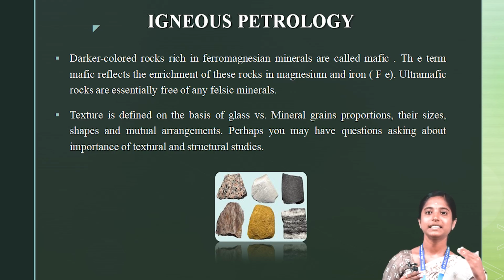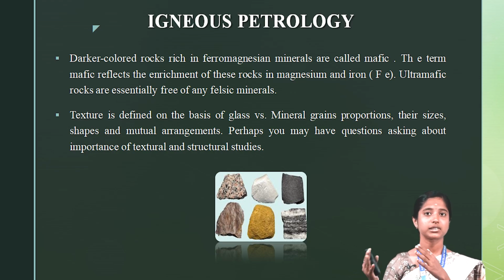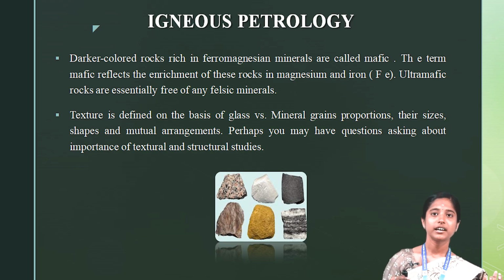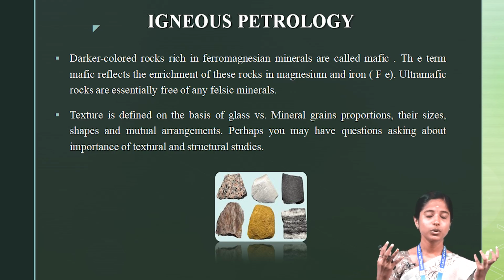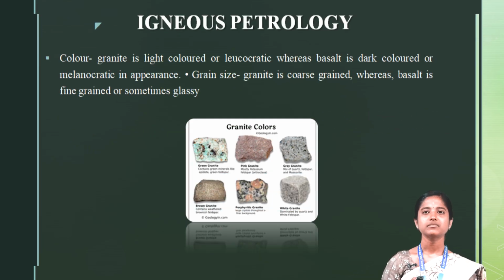Granite has light colored minerals associated in this rock, whereas basalt has dark colored minerals. So granite is a light colored mineral rock, and basalt is a dark colored mineral rock. If we take both in hand and study them directly, we find a lot of differences between them. We will discuss these in the following part.